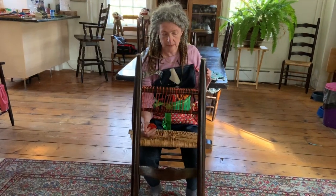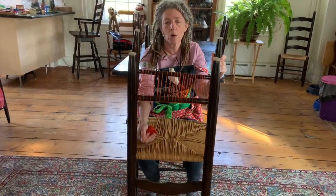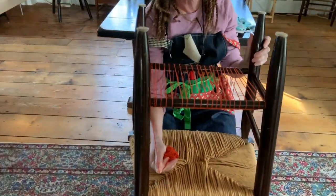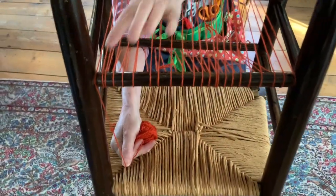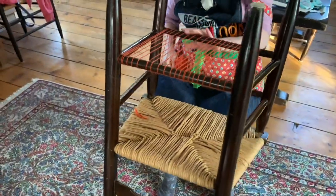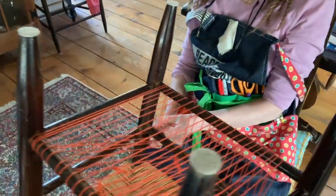So when you come to the end, count them and make sure you end up with an uneven number. Okay, look at this. We have now finished our whole warp. So I want to show you a couple of things. First, I'm going to tie off. So this is my last over here. I pull it, tighten it, and then I'm going to